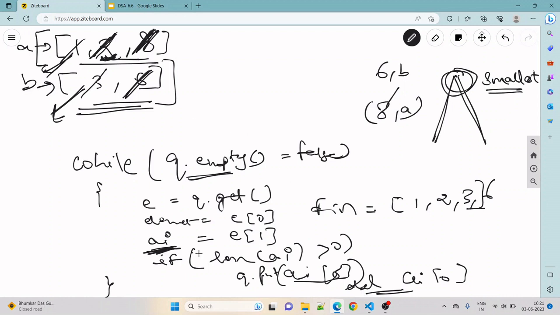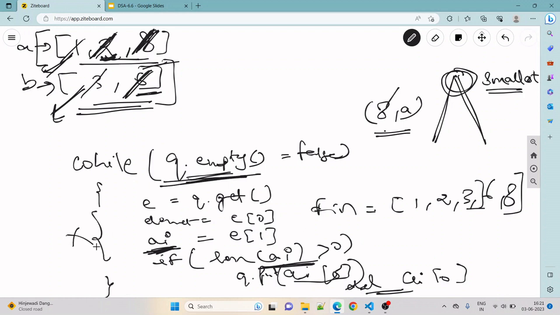Now we have array B whose length is completely exhausted. So we will not be able to insert anything from array B into the queue. Okay. So the queue would just be now of length 1. Queue is still not empty. We'll get 8 comma A. We'll insert 8, and array A is completely exhausted. So we'll not be inserting anything. In the next run, the queue will be empty. So this execution will stop, and we have gotten the final array that is merged and sorted of these two